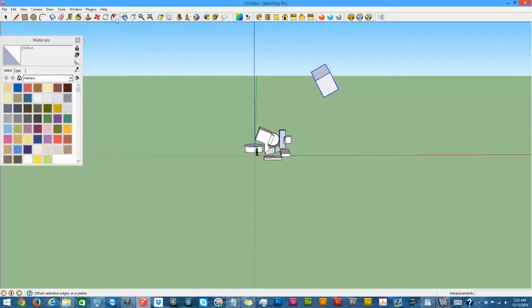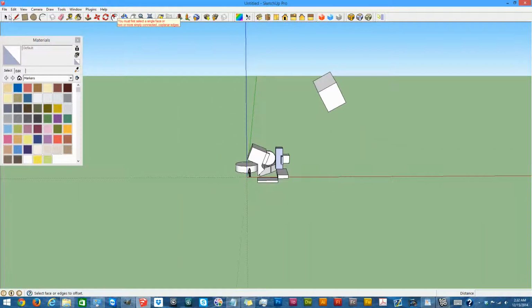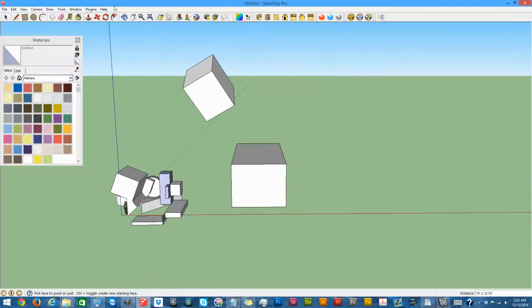Alright, our next tool is the offset tool. I'm going to make a quick cube on the ground to show off this tool. What the offset tool allows you to do is select a face and then create another face within it or on the outside of it with the same dimensions. That's as simplified as I can explain it. Basically, you see I have a square face. It's allowing me to make another square that's the exact same